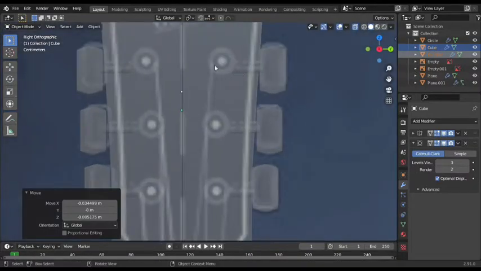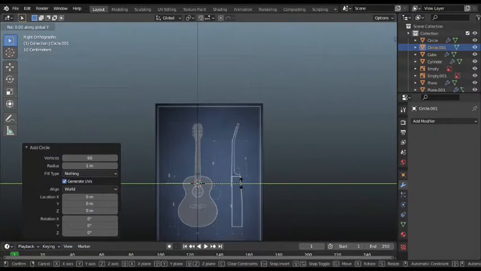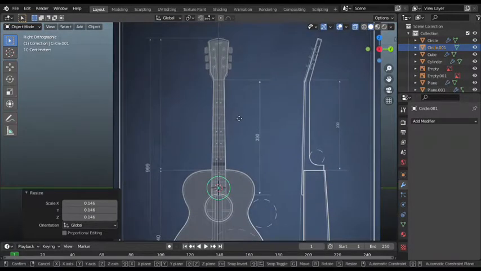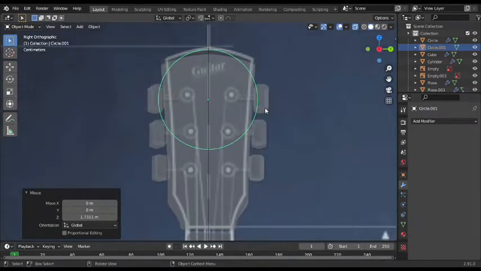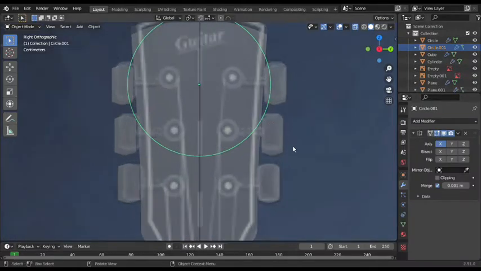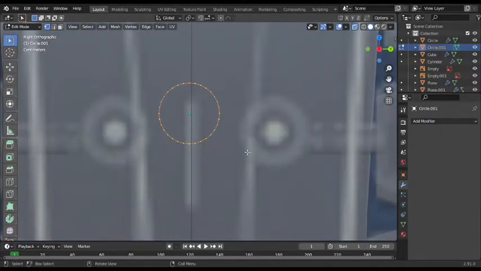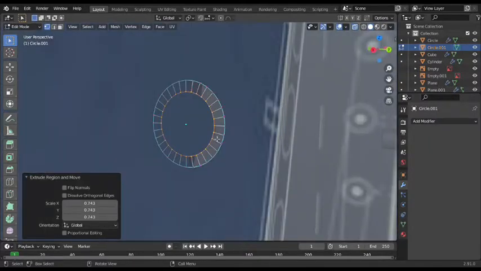I'm gonna make these little keys, the machineries. For that I'm gonna add in a circle again, rotate Y 90, scale it down up here, and G Z. I'm gonna add in mirror, swipe it down, Y-axis, tab, A, then E to extrude, then S, E and S to extrude and scale,